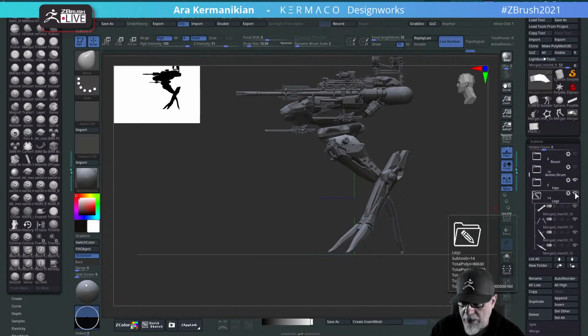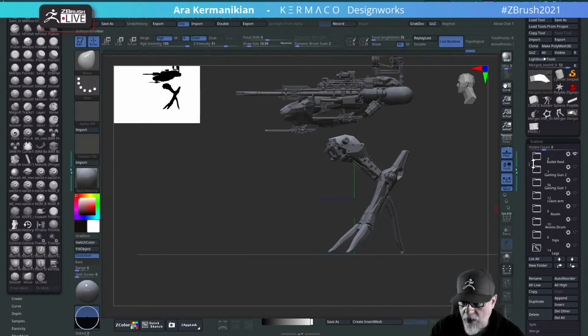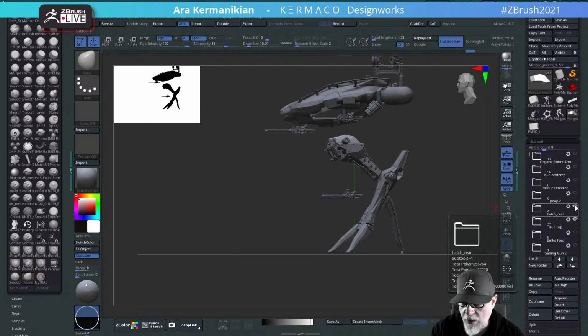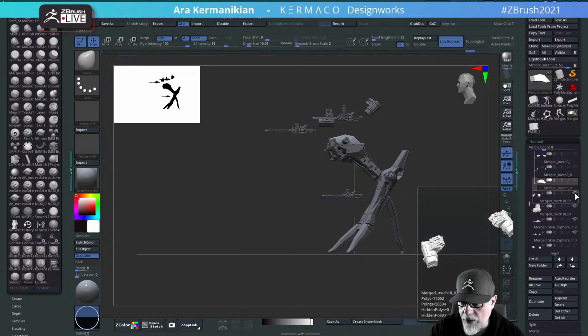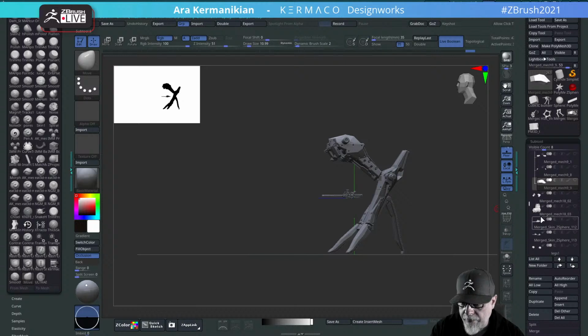Let me hide all these things and just bring up the Gatling gun 2. I think that's the one we want. And hide everybody else. And maybe we can do some of that work now. So what I'm going to do here is I'm going to go ahead and